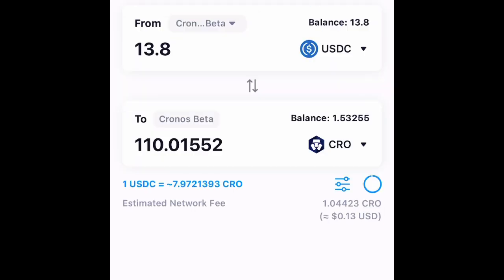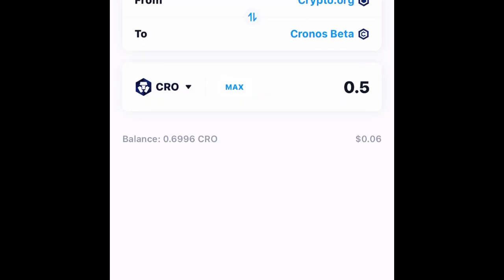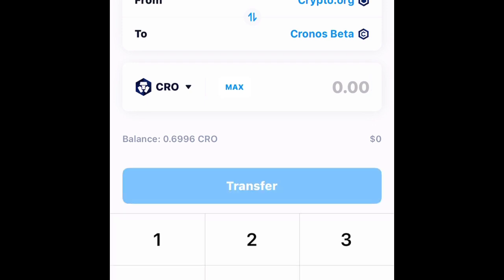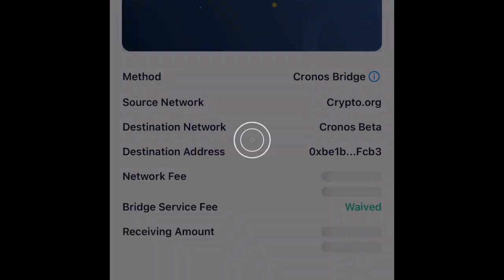Damn, guys, I'm being cheap on here, but yo, this is real crypto head stuff, man. This is stuff you run into, guys. Real talk. You know what I'm saying? So I don't want to put the max because I don't really need it. And okay, I want to send it back out. So I'm going to do 2 bridges.